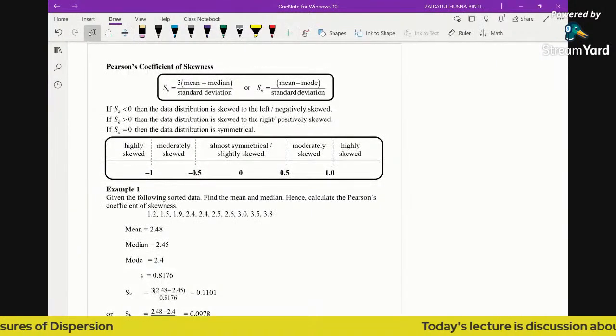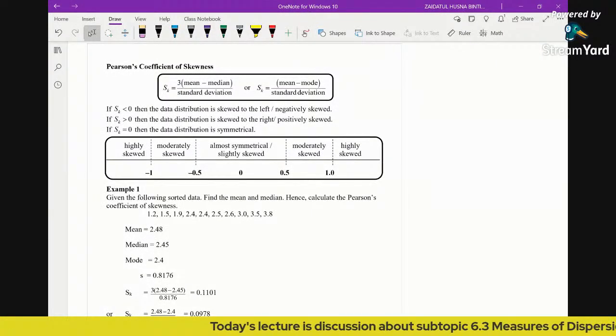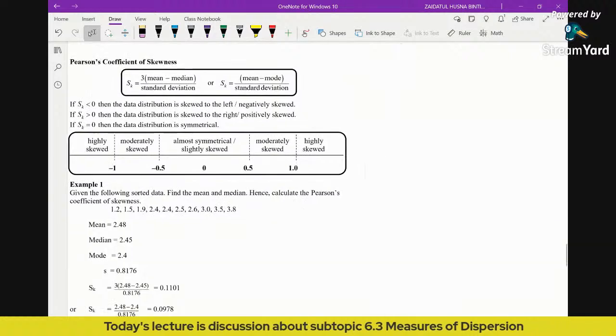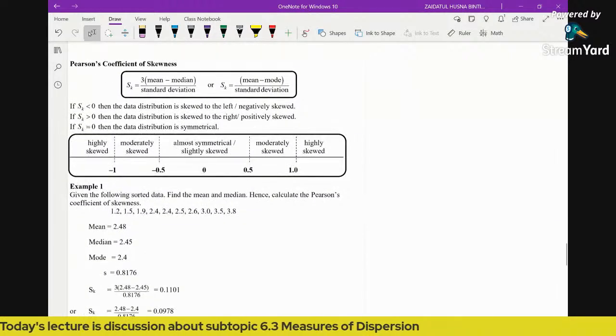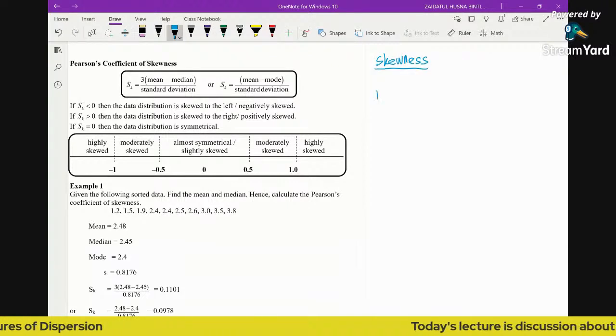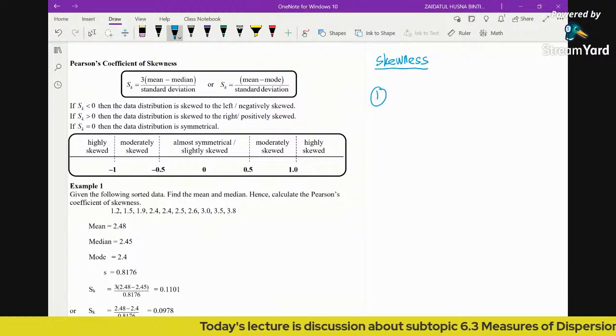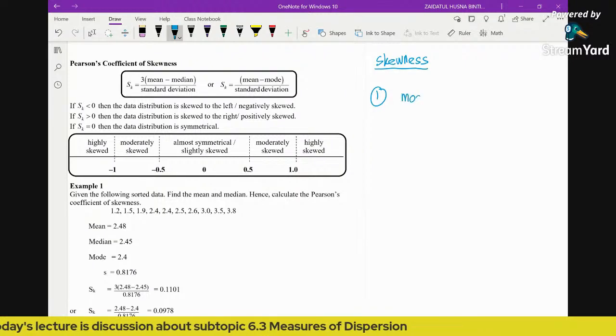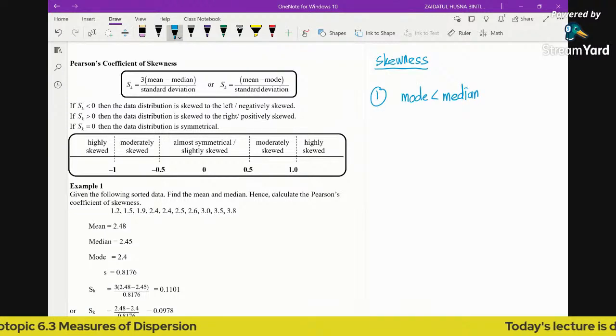Now let's find the Pearson's coefficient of skewness. We discussed last time that the skewness of the data can be determined. There are basically a few methods to determine the skewness. Based on our previous discussion, we can determine the skewness based on the values of measures of location. For example, if you have mode less than median, less than mean,